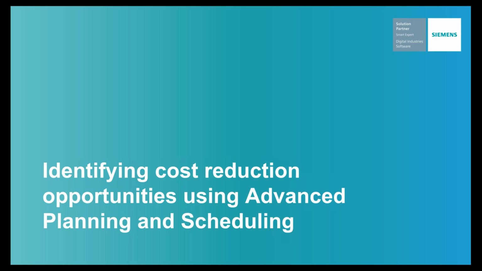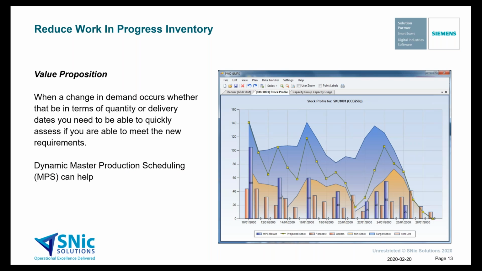So let's look at some of the examples in terms of how advanced planning and scheduling could help in identifying opportunities for cost reduction. No software can automatically do cost reduction for you, but it is a decision support system where it will identify the opportunities, and once you change your processes, it will give you the necessary results. So let's start with